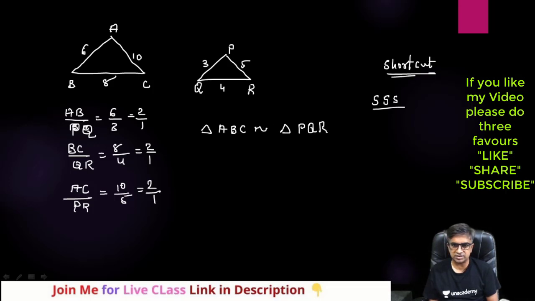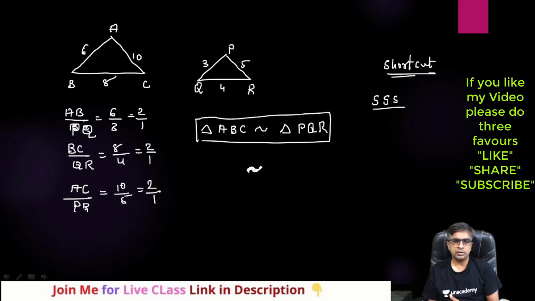And guys, this is the symbol for similarity, like an S, but not a proper S. This is the symbol for similarity of triangles that you need to use. Here we got that all sides are proportional, so these 2 triangles are similar by which rule? By side, side, side. Now one more rule is there.